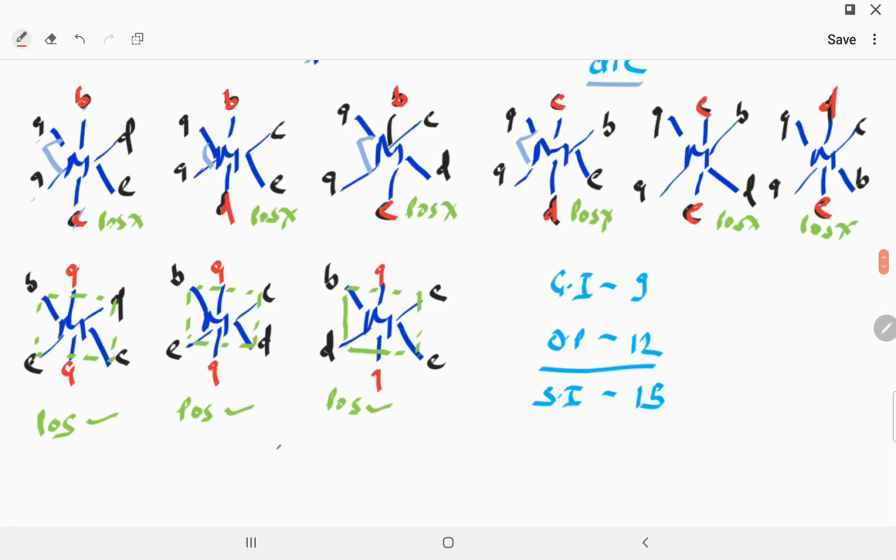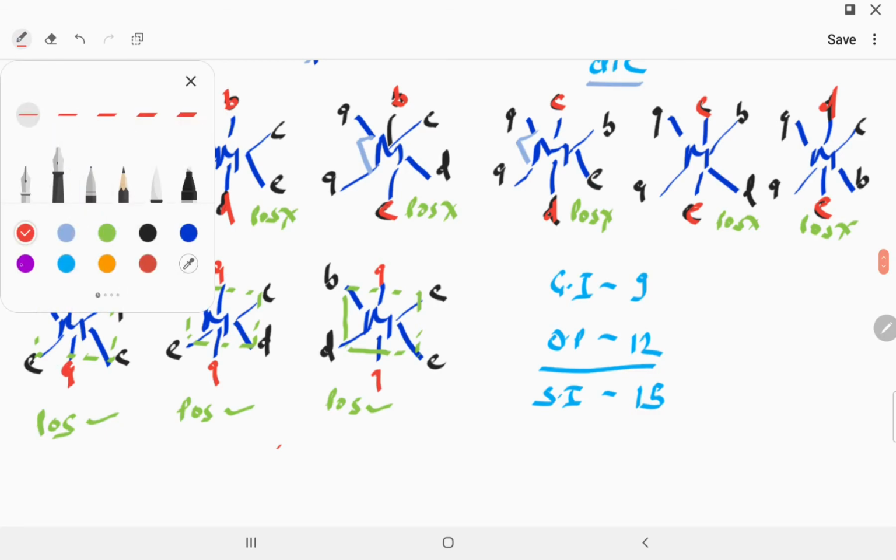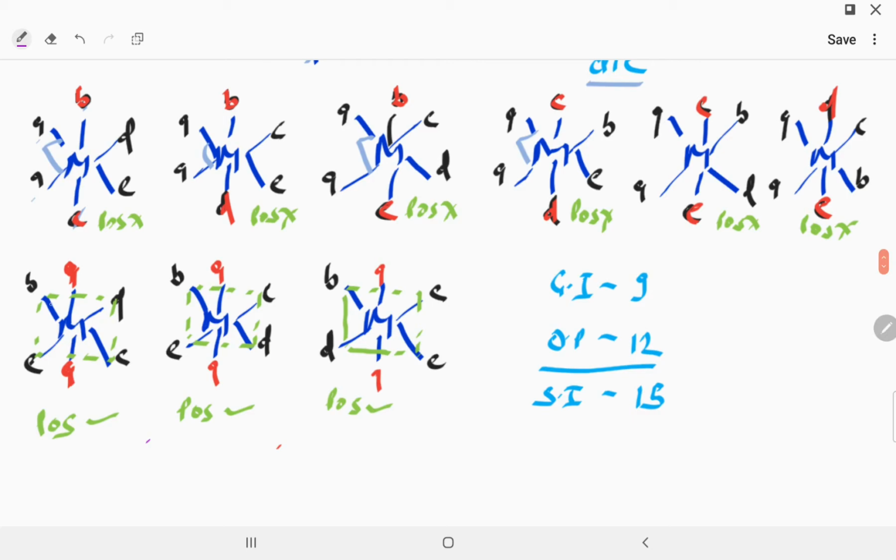Because C we do not take CB trans, because BC and CB we take once, so we don't take it. Okay, now in the second one when A are opposite, you are able to see that this A and this A are opposite, so now we take it in this compound BC trans. So when I take BC trans, DE trans is also taken automatically.